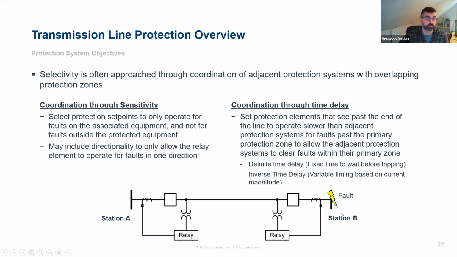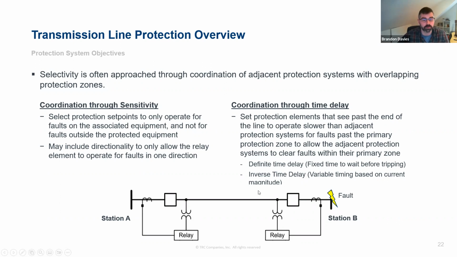It would see the fault, but we'd make it wait long enough for the bus protection at station B to detect the fault, make a trip decision, and clear its breakers, plus some margin, to make sure we're allowing that relay to clear the fault rather than a relay that's not the primary protection for that piece of equipment. And that timing is usually done with either a definite time delay, which is